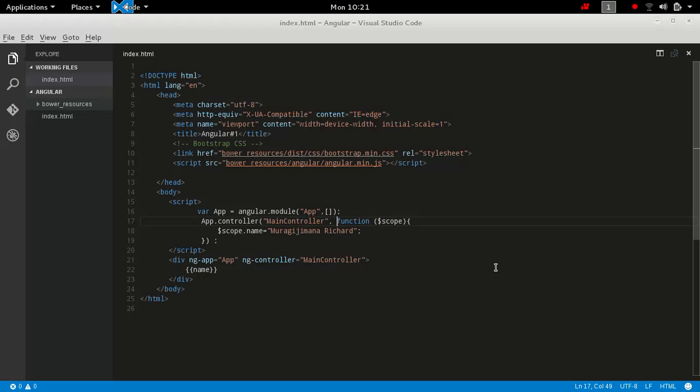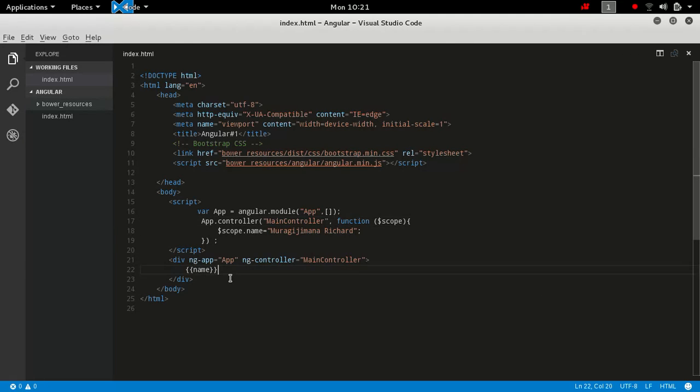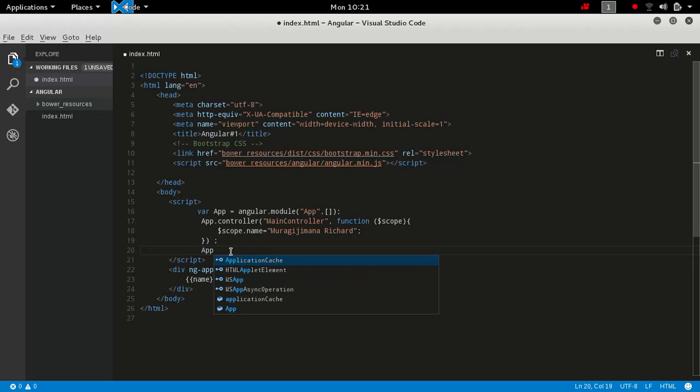Okay, now you can see that it's working very well. I'm able to display the name on the screen via the variable that I set earlier. Now, that is how we create the AngularJS controllers, and you can go ahead and create more AngularJS controllers,